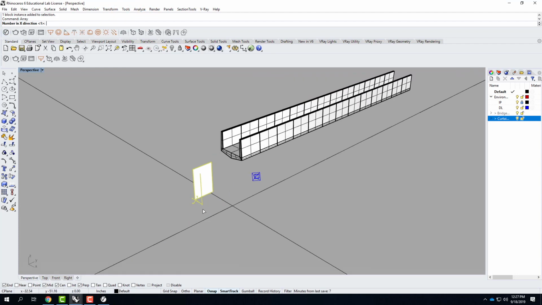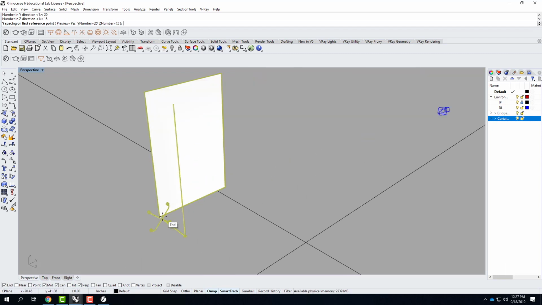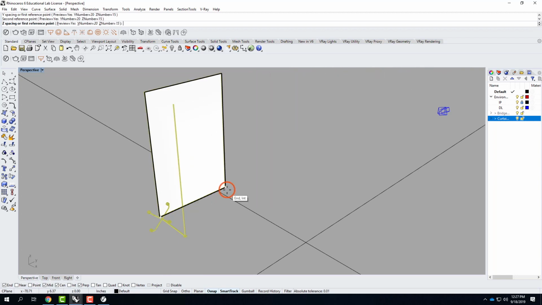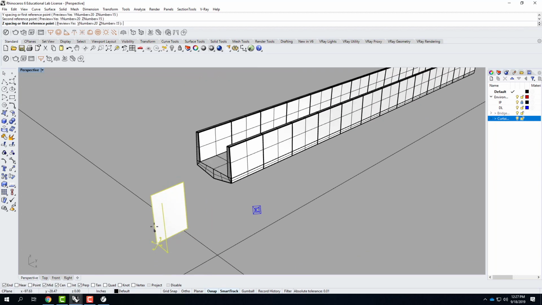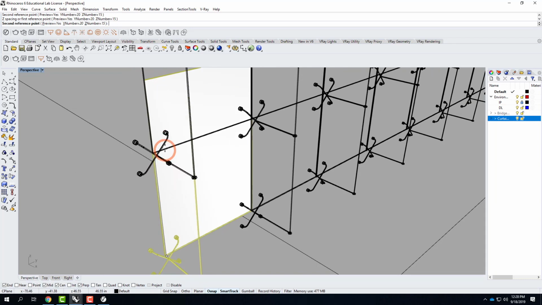So that would be the number in this direction, just one. Number in the y direction, maybe 20. Number in the z direction, maybe 15. I'll press enter, and when I do that, it will ask me for the spacing of y. So the spacing of y is from the bottom here to the bottom there. And you see that as I do that, it starts to create a bunch of them. Same thing here. The spacing for z would be from here to right